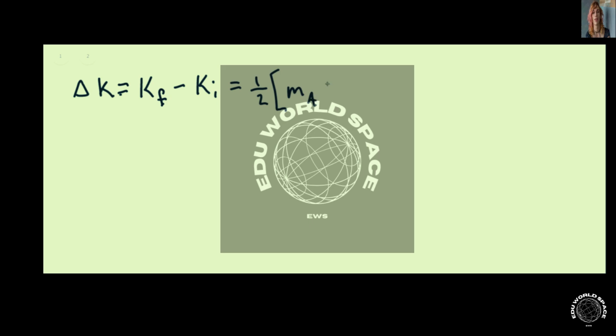So this will be the mass of A times its final speed, which is negative, recall, but we're squaring it, so this will all be positive. Plus the mass of B times its final speed, again squared, and then minus the kinetic energy A had to begin with,